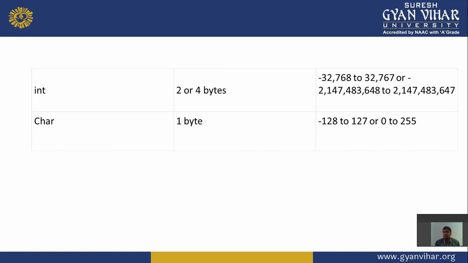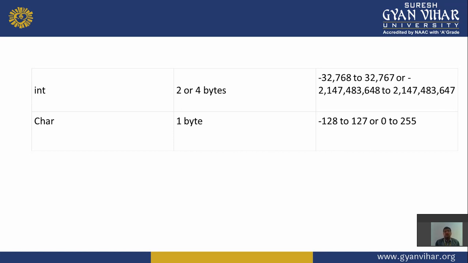So what type of data does it store? All integer values are stored in that data type. Now the size in memory is 2 or 4 bytes. So what is that, 2 or 4? When C was launched, the integer size was 2 bytes. But at present the integer size is 4 bytes. Many languages support 4 bytes and many languages support 2 bytes.